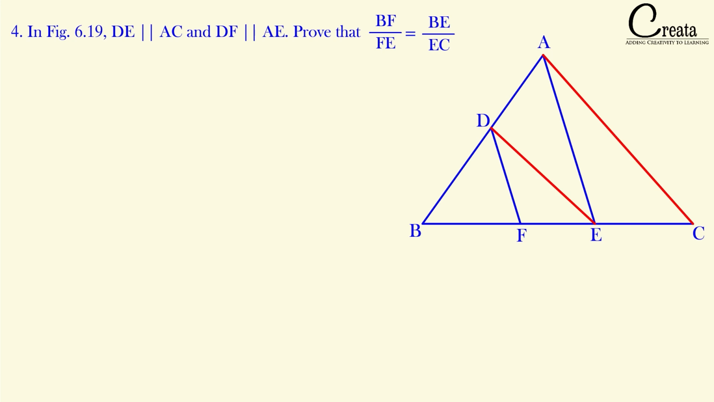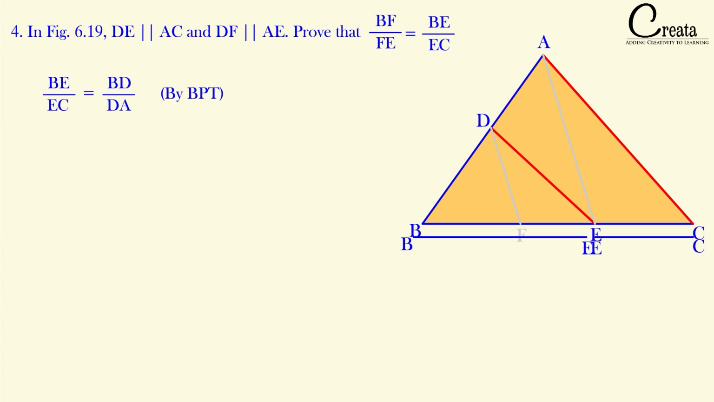Here DE and AC are the parallel lines. So are you able to observe any triangle around these two parallel lines? Yes, this big triangle ABC is around these two parallel lines. So we got this triangle, these two lines are parallel, so we can apply the BPT theorem